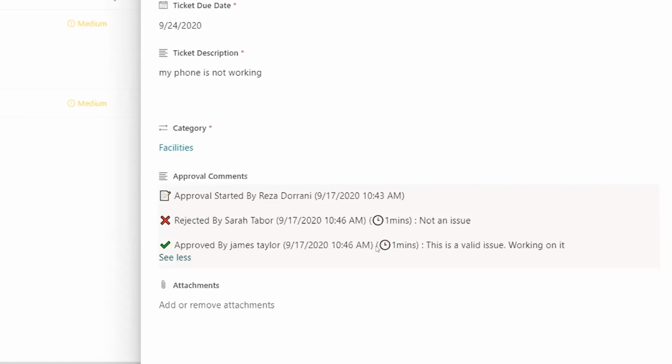So I can even track and see how long each approver took to make their decision, something that many people ask for. And the way I did that is honestly through expressions and through understanding the JSON that I get from the output of the approval action. And that's why it was very important for us to learn about the JSON first. So I'll show you now what we do here.